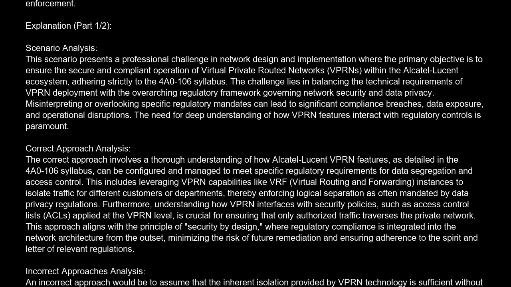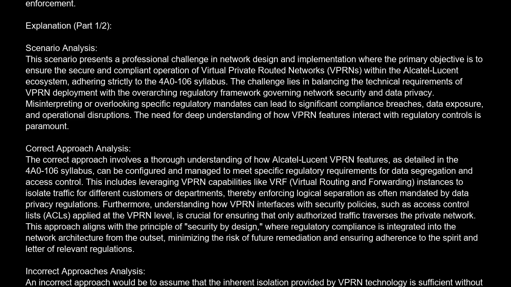security and data privacy. Misinterpreting or overlooking specific regulatory mandates can lead to significant compliance breaches, data exposure, and operational disruptions. The need for deep understanding of how VPRN features interact with regulatory controls is paramount. Correct approach analysis. The correct approach involves a thorough understanding of how Alcatel Lucent VPRN features, as detailed in the